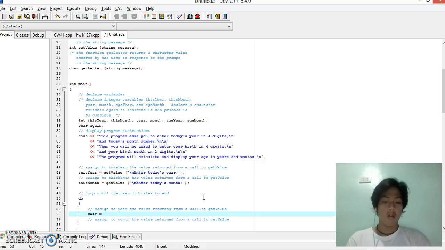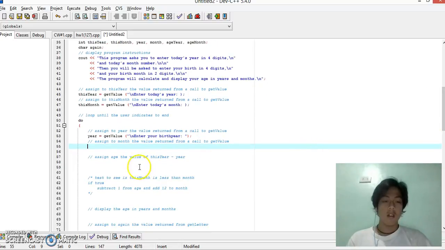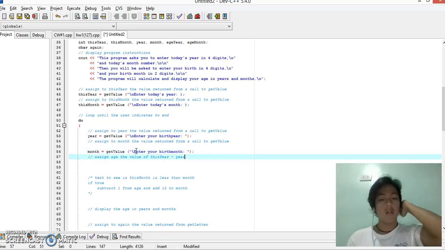Year is equal to getValue, enter your birth year, the year when you were born. Then assign the month, using good indentation to make it clean to look at. getValue, enter your birth month.